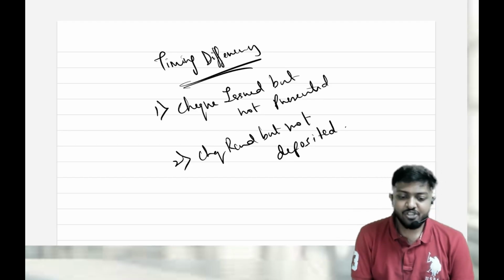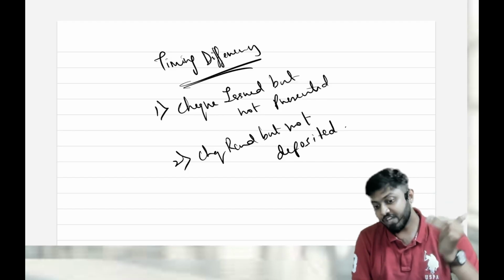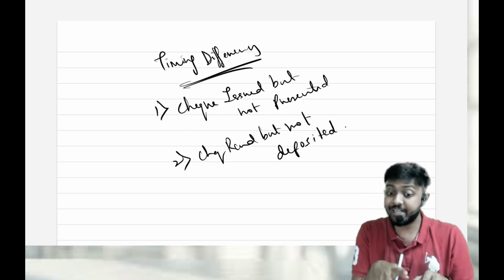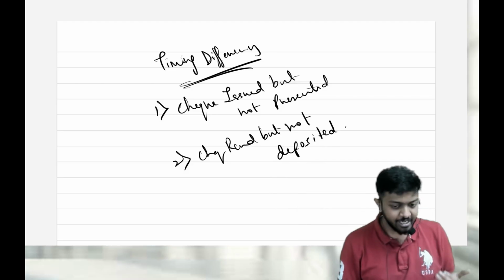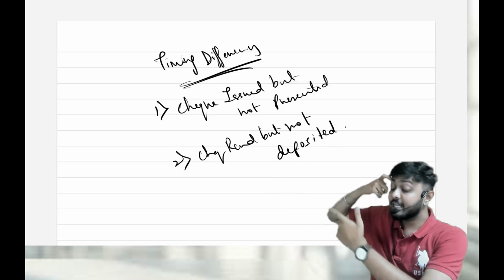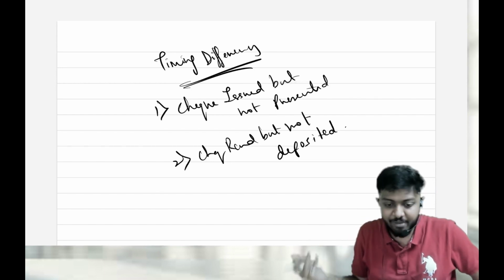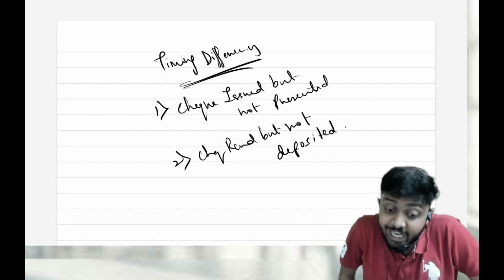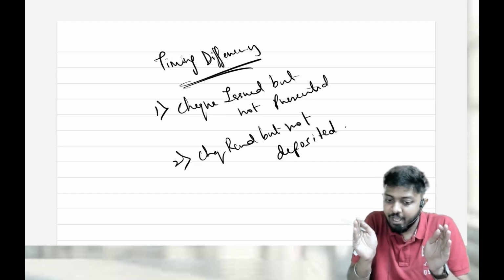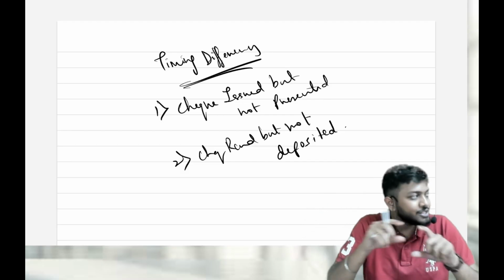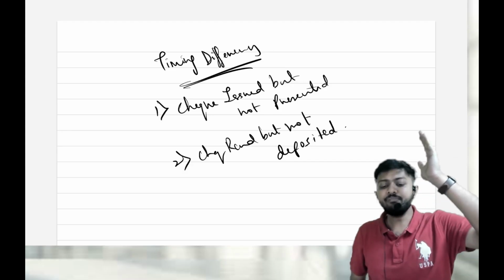One more classic example is check received but not deposited. Same thing but reversed. I have received the check. The moment I receive the check, I record it. But money comes to my bank account only when I present it to the bank. I have recorded the receipt, but I have not presented it to the bank. So until I present it, money will not come, and there will be a difference. That is called a timing difference. For a brief period, there will be a difference. Once the money comes to my bank account, the difference is gone. That's why it's called timing differences. This is one of the reasons why there is a difference between BRS and cash book.